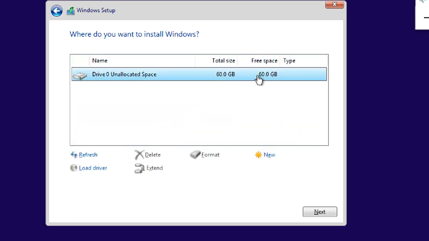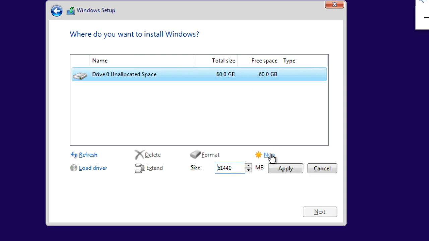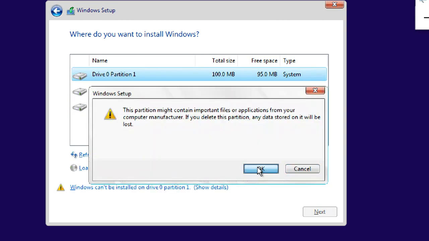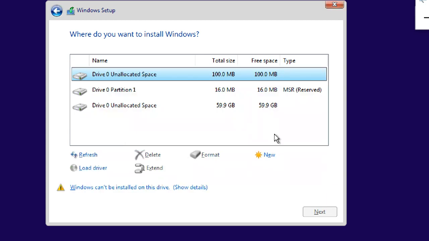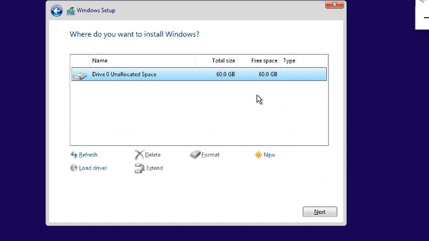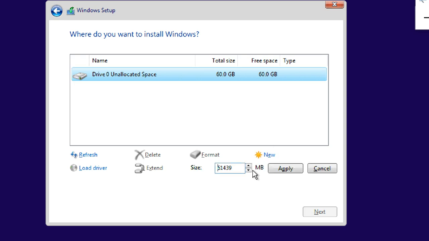Now it is showing 60 GB of disk space. I'm not doing any partition, I'm directly taking apply. If you want to create a partition, you can also create one here. Because it is a GPT partition table, it splits like that only, into 3 or 4 partitions.